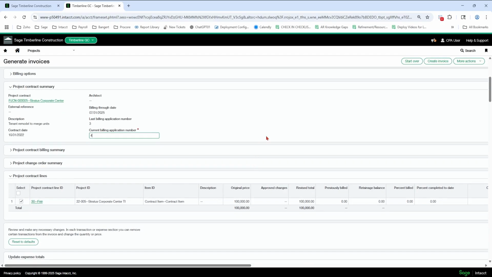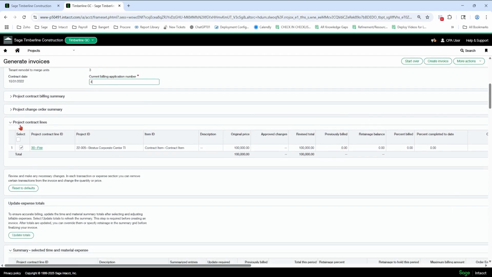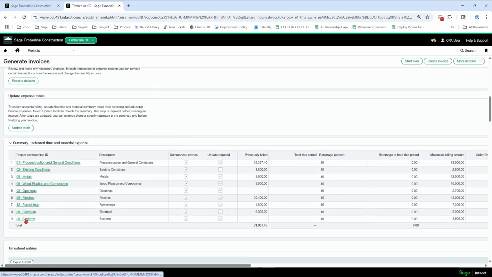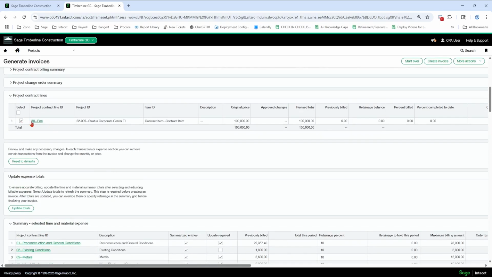Okay, so this is the different scenario. Since I picked progress bill for the fee line, it's going to be up here in this progress bill area. But down here is all of my other lines. Okay, so notice I stop at 28 and then my fee is up here where I'm going to type in the amount that I want to bill. So remember, I got to do the math in the cell, do the calculation.